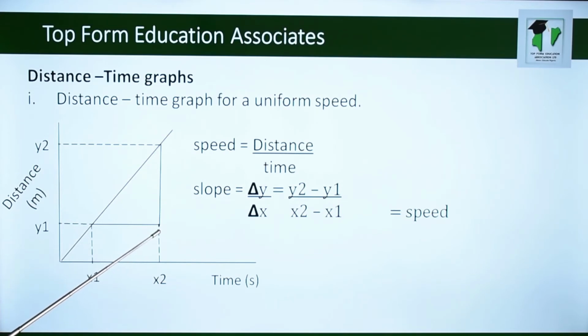For the change in time, you take the highest value of your time and the lowest value of your time, depending on where you are taking your points. We already have that speed is distance over time. So our slope will give you change in y over change in x. For the change in y, you have y2, the highest value here, minus y1. For the change in x, you have x2 minus